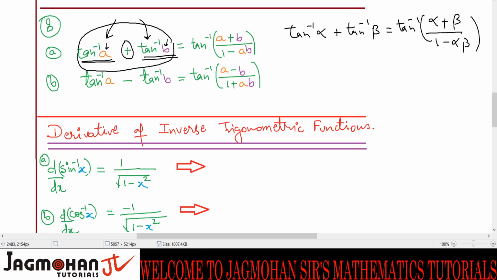Now this particular result which we are writing, when we do inverse trigonometric functions, we will do one more part of it, that is with conditions. As I told you, right now we need only this much.